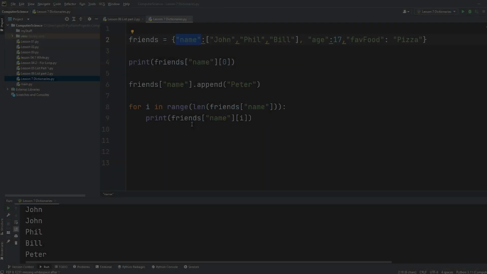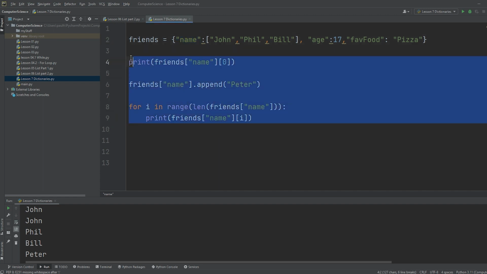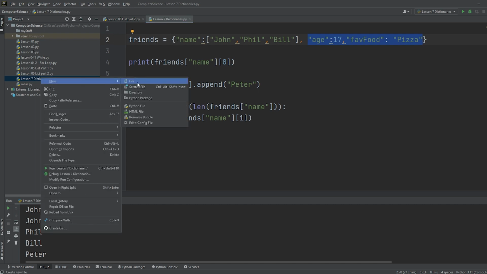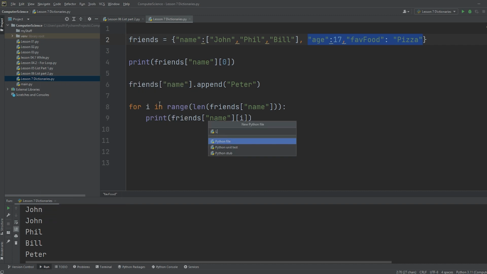Let's begin. So in our last video we got to this point here where we had our friends and we had lots of values associated to a key, but these were all kind of separate and not really associated to a person and so on. So in today's lesson we are going to join them all and make our first kind of database from our dictionary. To do that, let's go new and go Python file and call this lesson 8